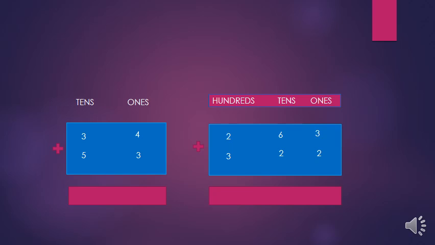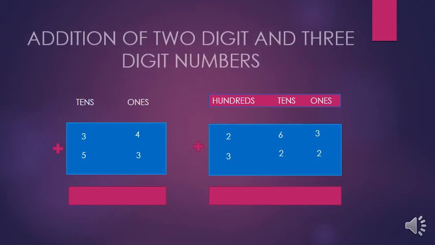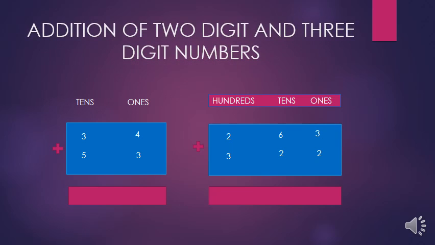Here we are going to learn addition of 2 and 3 digit numbers. As I already told you, place value, you can see here ones, tens, and in the second one ones, tens and hundreds. So let's go and add. Always remember you have to start adding from your right side, from the ones place. If you start adding from the tens place, it will become wrong. So the main rule is to start from your right side, the ones place.